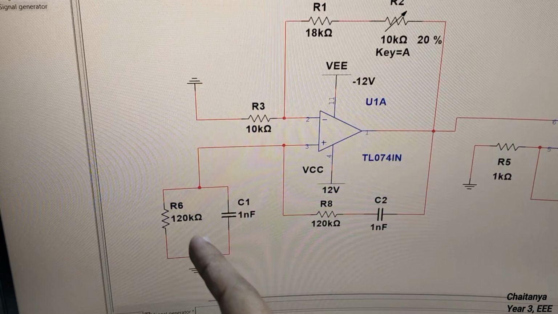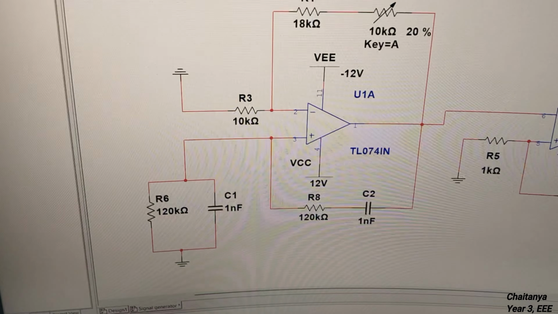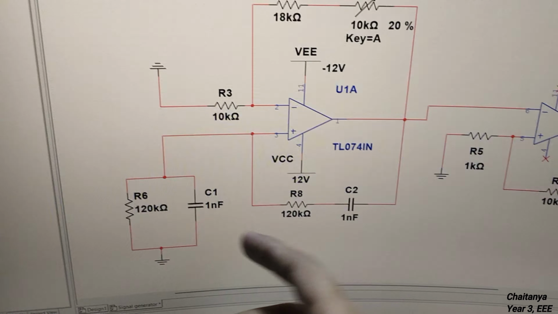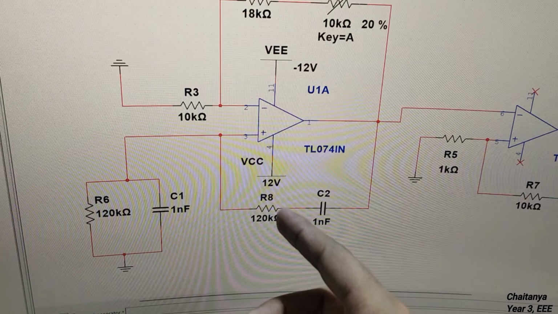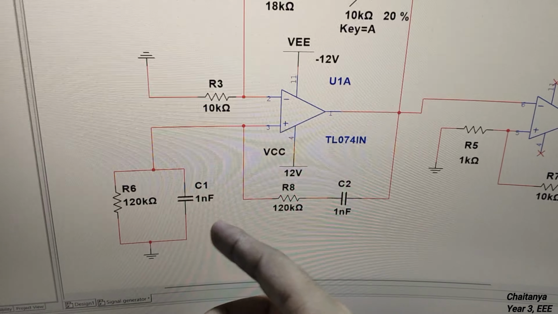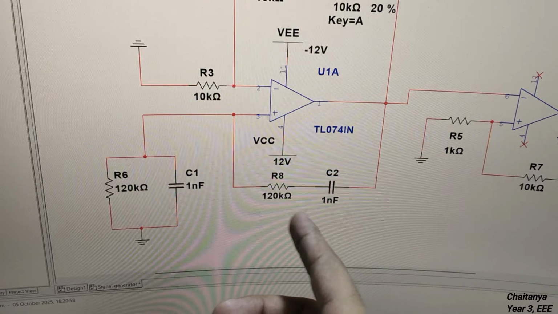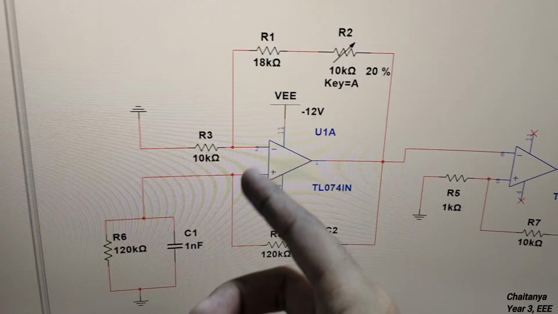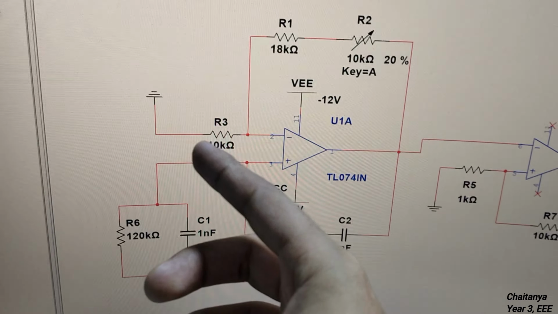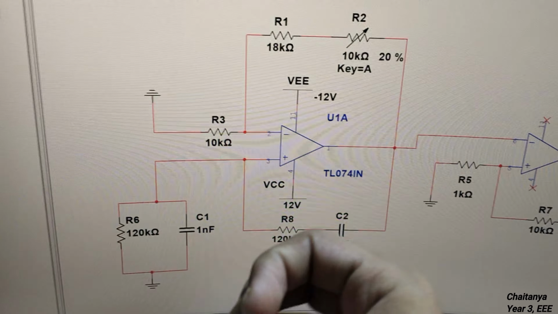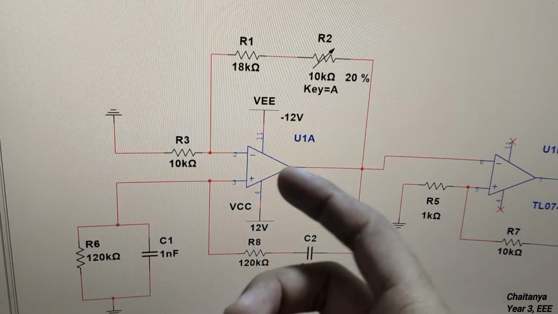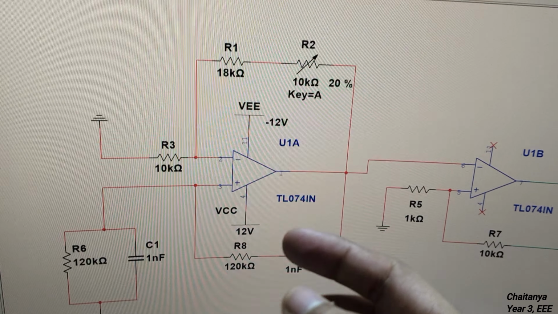So I got 120k and 1 nanofarad, so that's what we're going to be using. Two in parallel and two in series in the non-inverting input. That's what the feedback tank is, and just a 10k in input, but the input is just going to be grounded on one end, and in the inverting feedback we have an 18k and a 10k